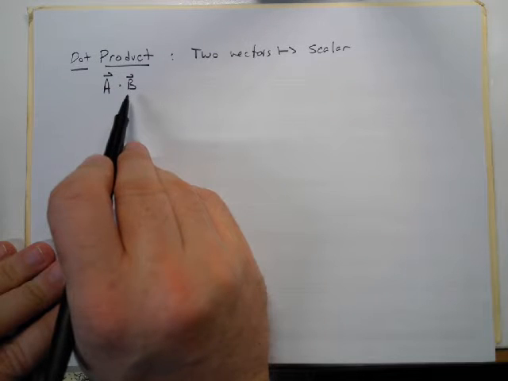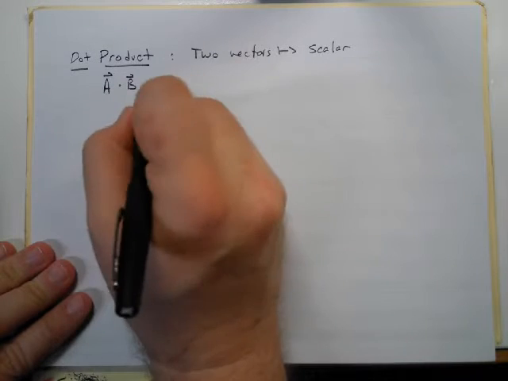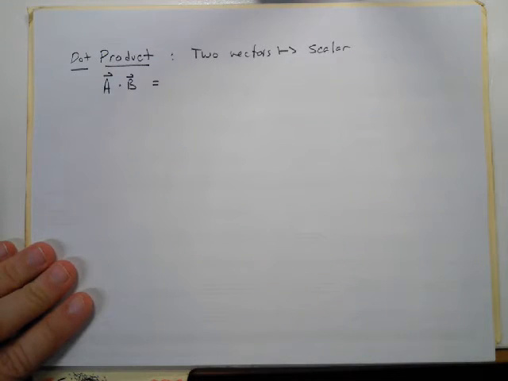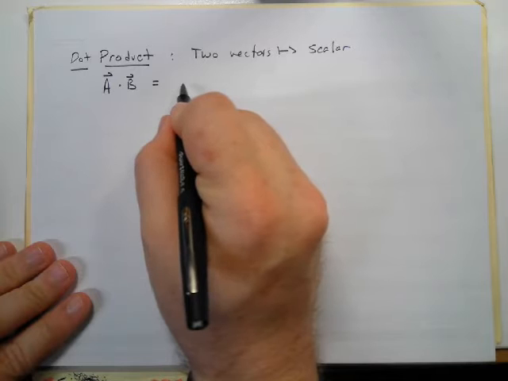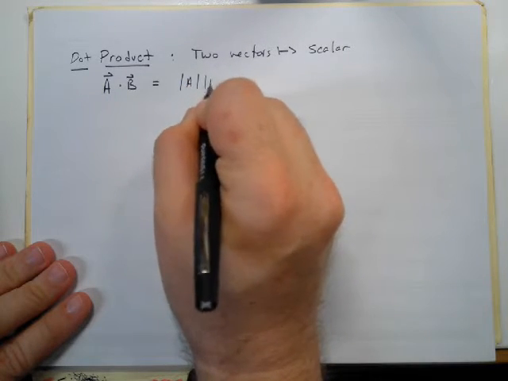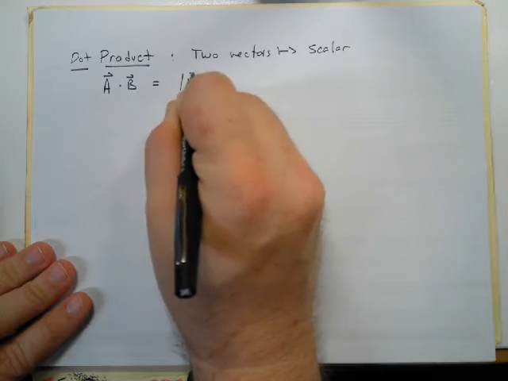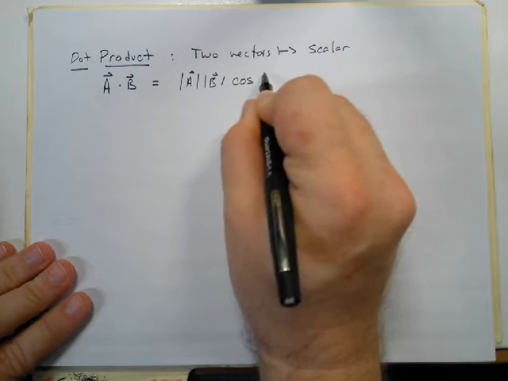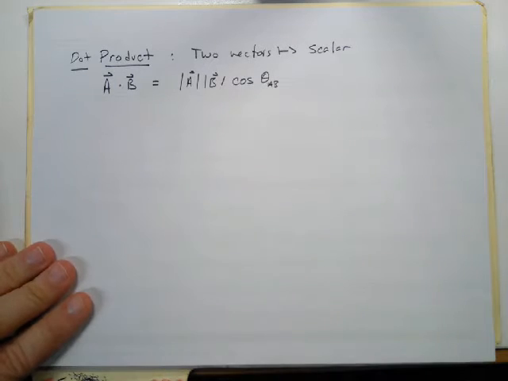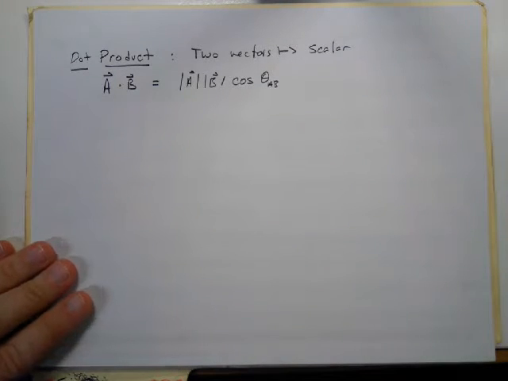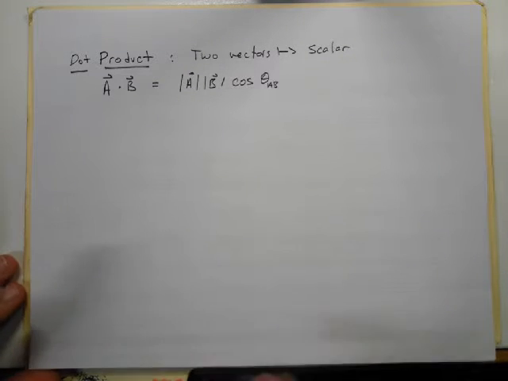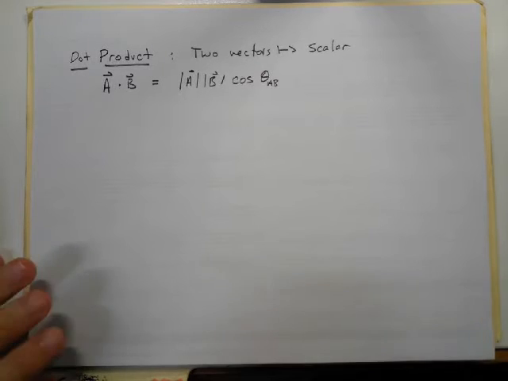Right? And so if we do that, well, the definitions I've given you, there's two versions of the definitions. One is the length of A times the length of B, those are vectors, times cosine of the angle between them, which I'll say is theta AB for the moment. I just called it theta in the notes, and that's okay. But I don't want you to get confused